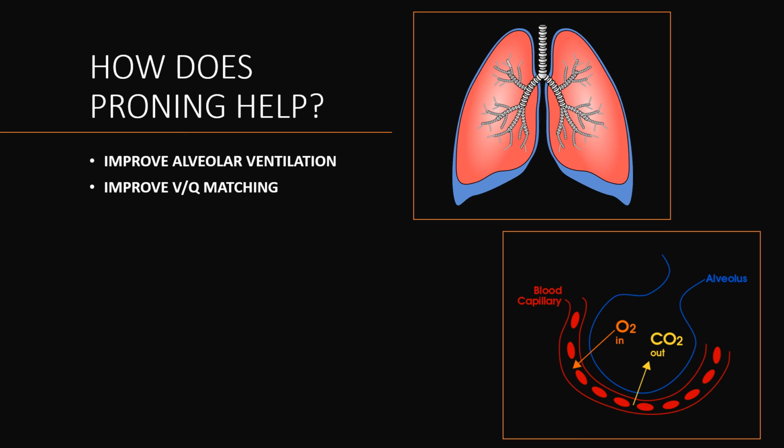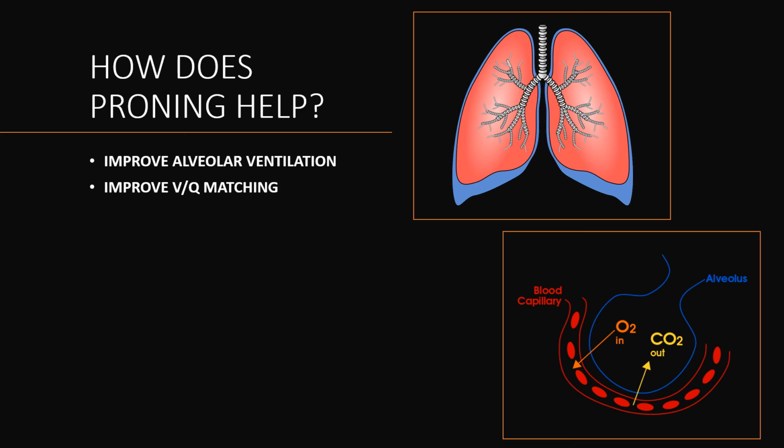So fluid is flowing down in the direction of gravity. So what happens if we keep the patient in a supine position? The fluids flow from the ventral side of the lungs to the dorsal side of the lungs. In the ventral side there will be only a few alveoli, but in the dorsal side there will be more alveoli. So these alveoli at the dorsal side will get more fluid because of gravity, and it reduces the surface area, then there will not be adequate gas exchange.